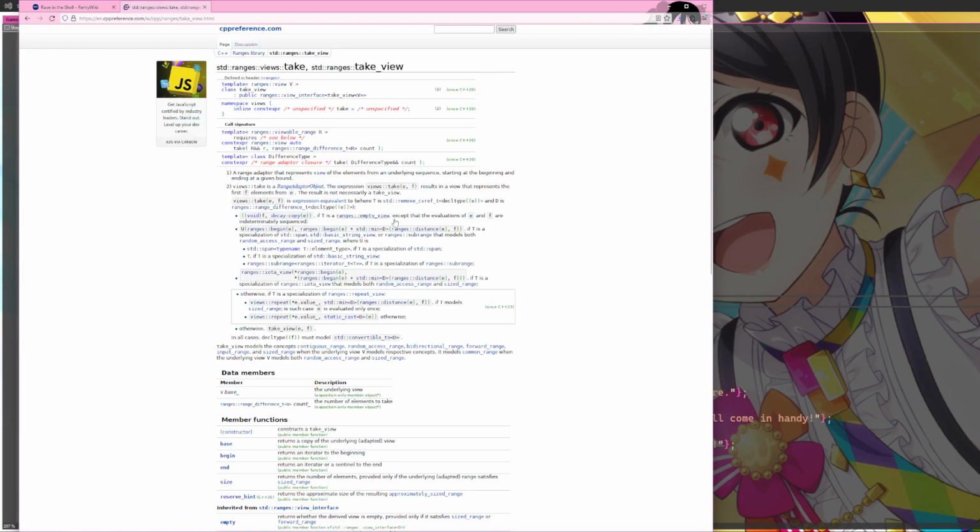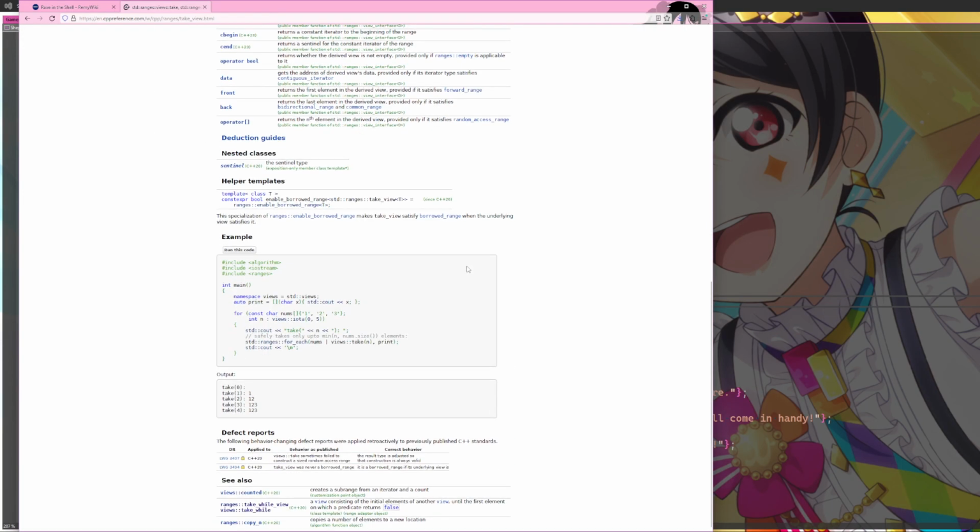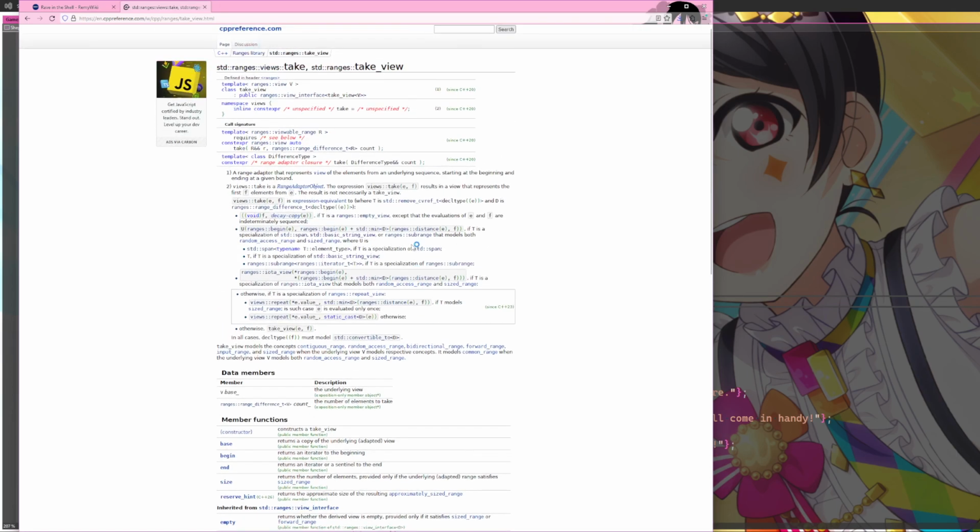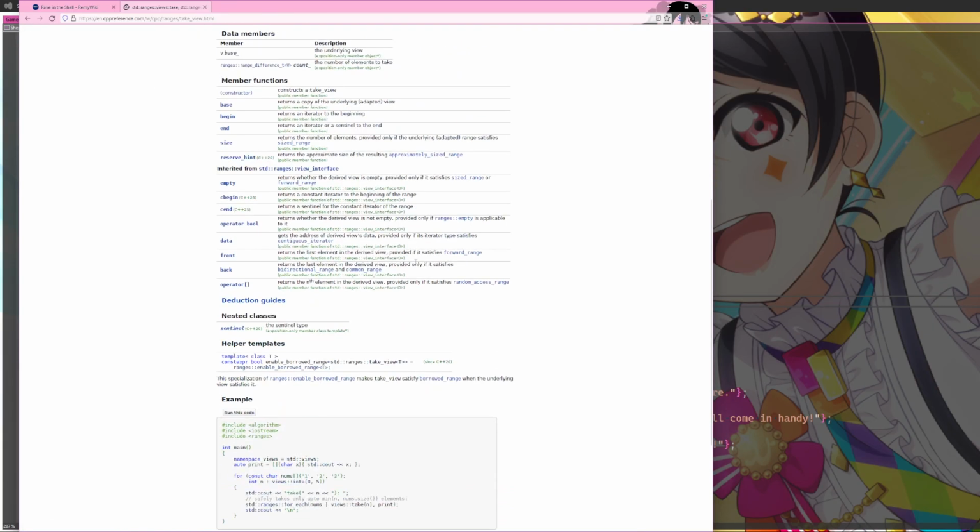Take view represents a view of the elements from an underlying sequence. Safely takes only up to the given number of elements. So a take view has a count.